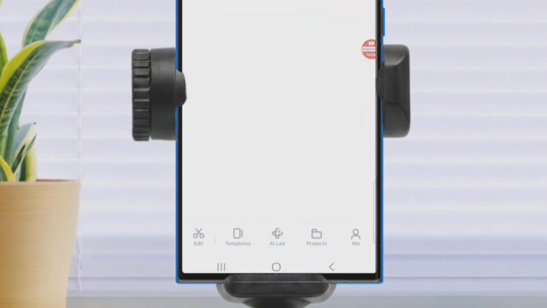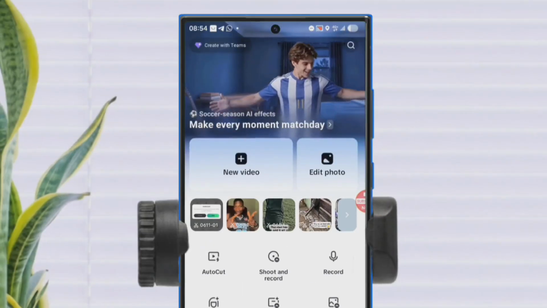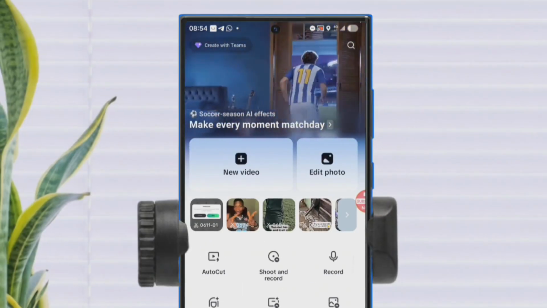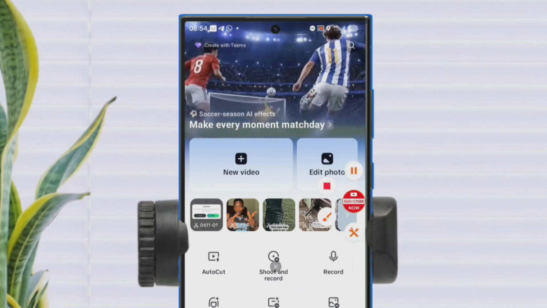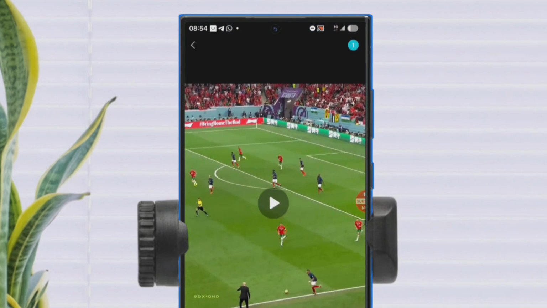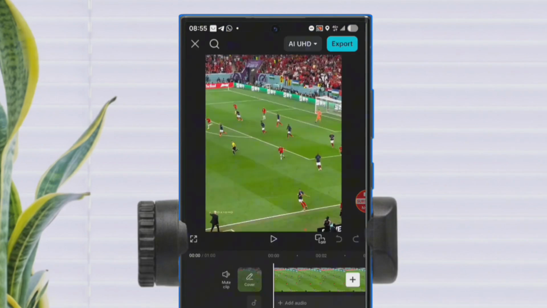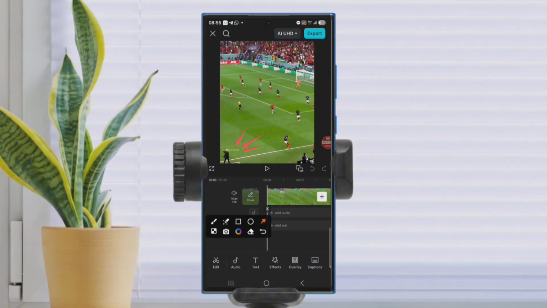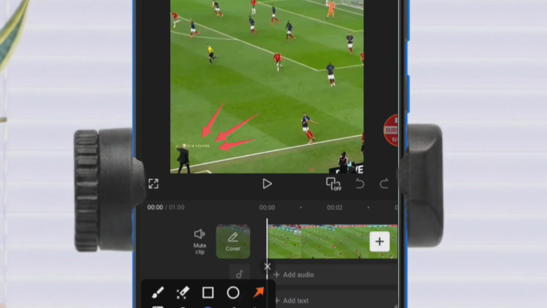Open up your CapCut. So this is my CapCut interface. Mind you, I am using a pro CapCut account, but if you do not have access to a pro account, that's not a problem. You can still edit your videos for free. Click on new video, upload the clip, and we have it like this. You're going to see that there is a watermark here. There is a kind of watermark over here. Of course, that's the camera, but then we would like to cover it up to avoid any kind of copyright.